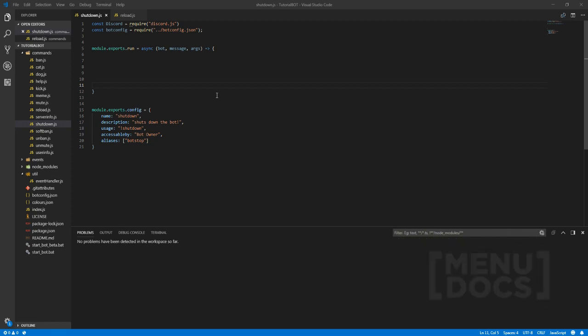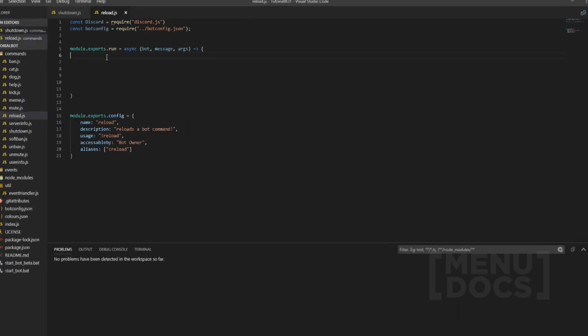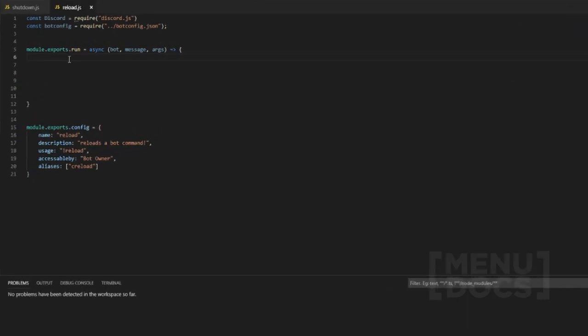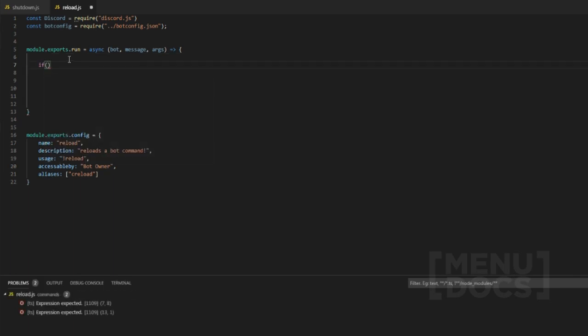Today we're going to be looking at a reload commands command and also a bot shutdown command. So I guess we'll get straight into it. So what we're going to do is start off with the reload command since it's the more kind of complex one. And saying that, we're going to start off by checking if the message author has my